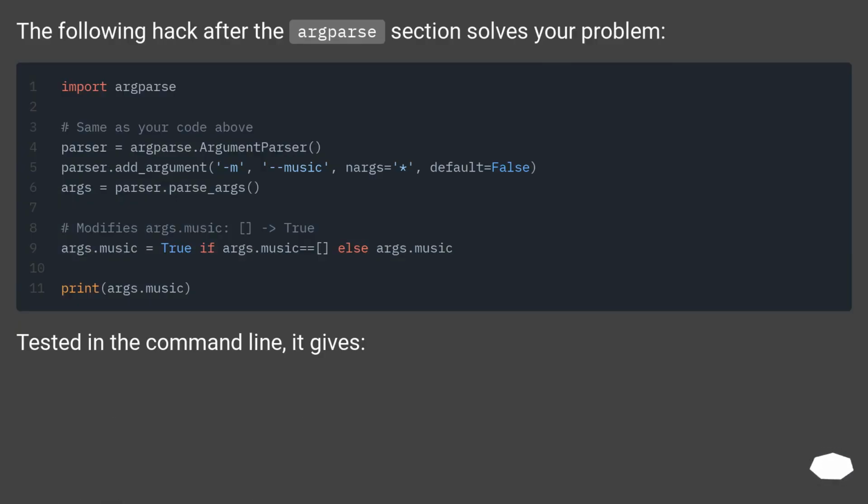The following hack after the argparse section solves your problem. Tested in the command line, it gives